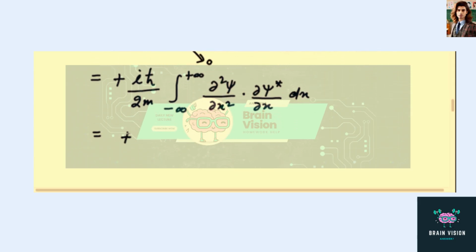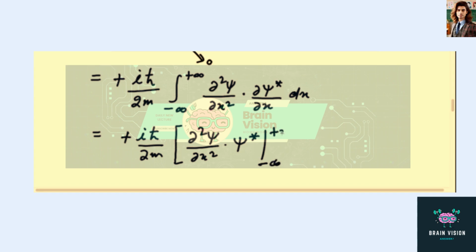Again integrate this by parts, then we will get plus iħ/2m, and this is the same, that is ∂²ψ/∂x², and the integration of this, that is ψ*, from minus infinity to plus infinity, minus the derivative of this, that is ∂³ψ/∂x³, and this is ψ* dx. Again this value is 0,